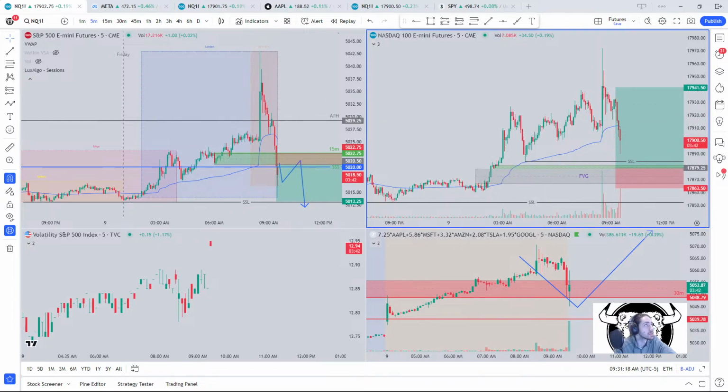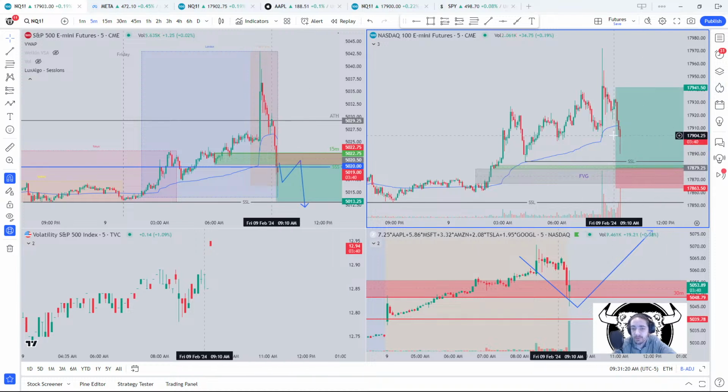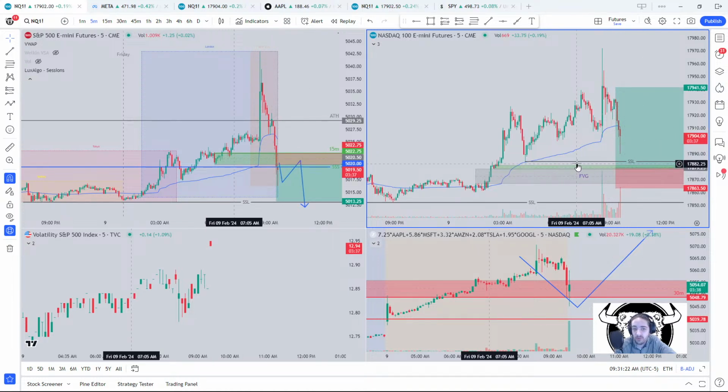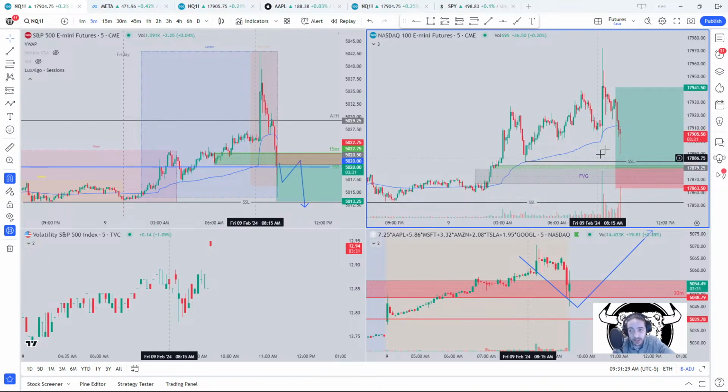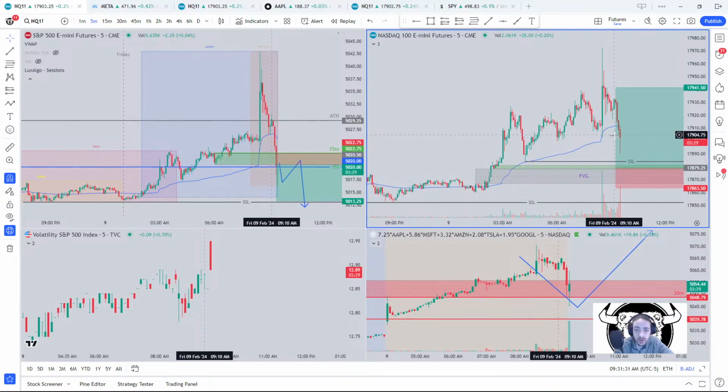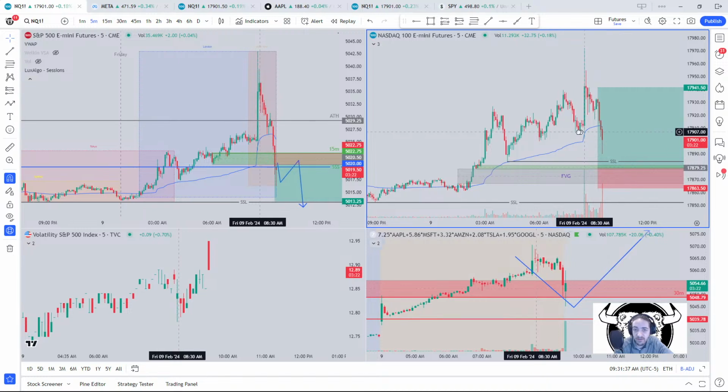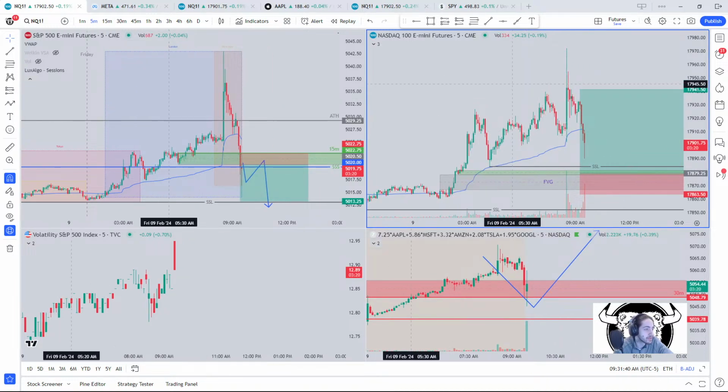So I'm staying in this. I'm being patient. I want shorts below the sell side liquidity. I want a quick move off of either this 15-minute demand zone, but it's only a 3-point zone, and a fair value gap right beneath that. So I really want a strong, quick move, trap some sellers down here. I'll go long down here while we're wicking, and we'll have our stop loss set and all that.